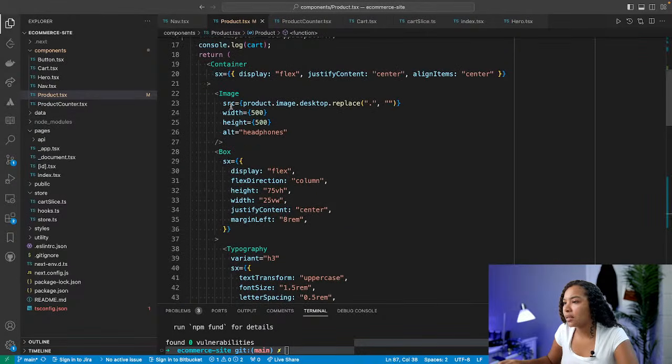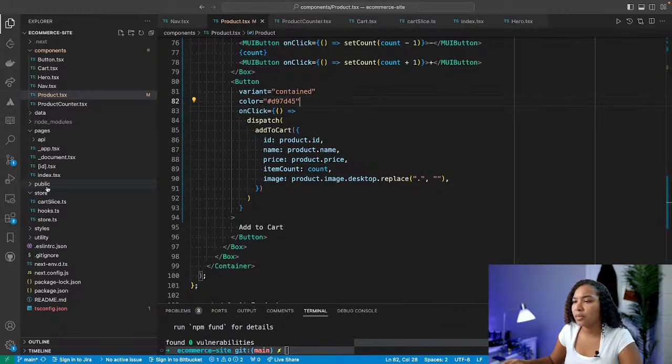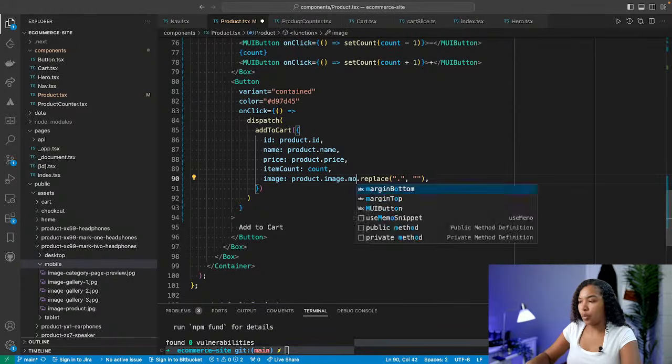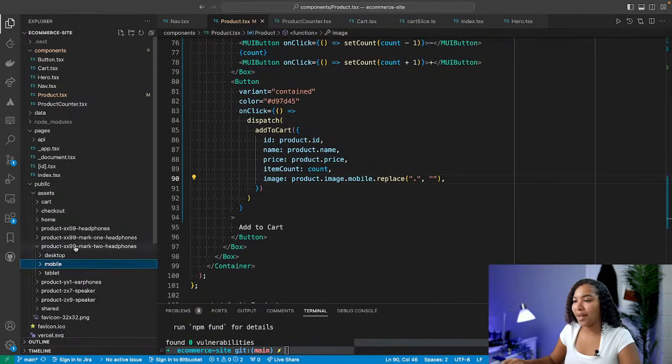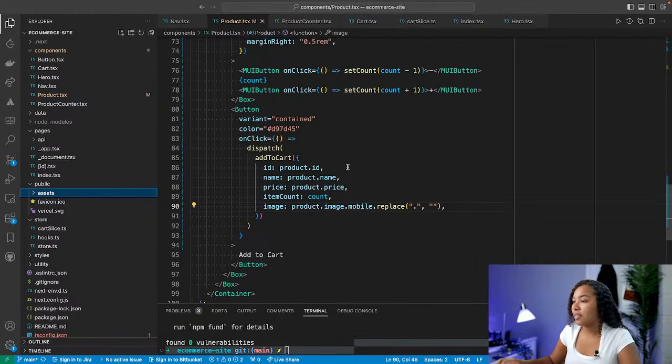What is that? That is this here. So product.image, pass that. All right, perfect. I think actually we could probably pass a smaller version of the image, desktop / Mark II headphones. We could probably pass the mobile version, product.image. I think mobile would probably be better to pass because it's going to be so tiny. If they had like a thumbnail, that would be ideal. So we'll pass in that version,